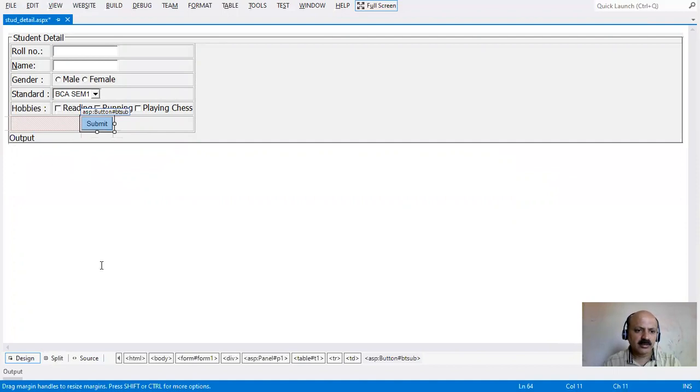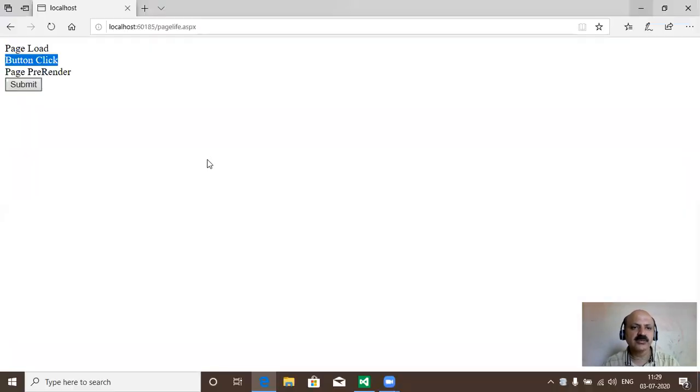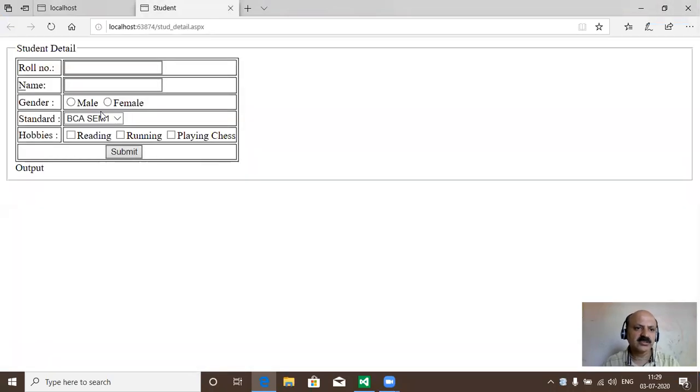After completion, press Ctrl+S, and we have to check all the designing work properly, and then we can take our coding. So first we have to check our output. Yes, that is better. So here one problem is there. Here both radio buttons are selected.